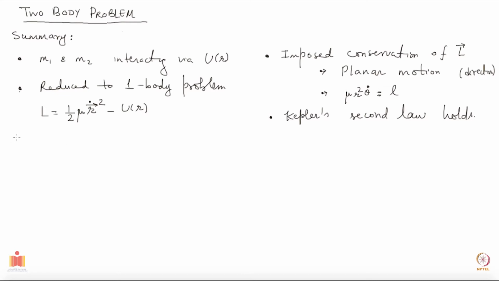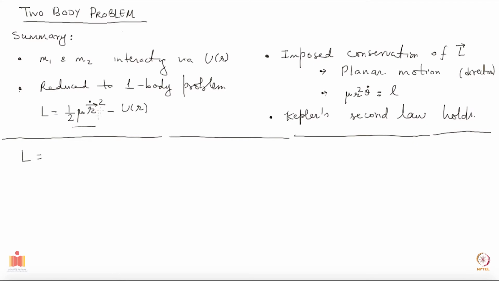So now let's continue with today's next steps. Because the motion is happening in a plane, which I have established based on the conservation of angular momentum, I can write down the Lagrangian of the system to be the following. So I have L. Now this half mu r dot square, this r is because it is going to be in a plane. I can write this as half mu